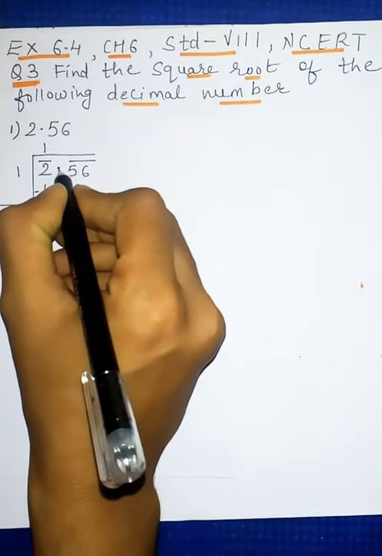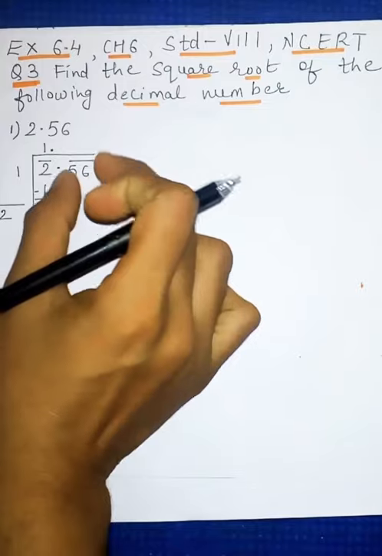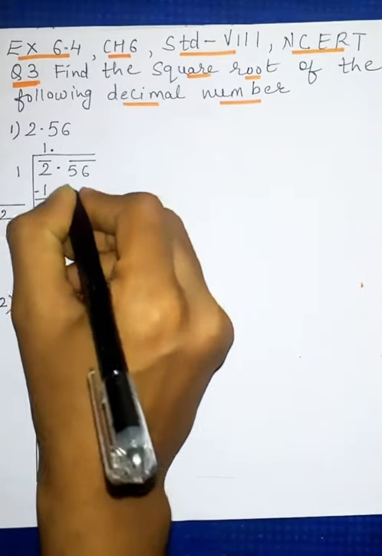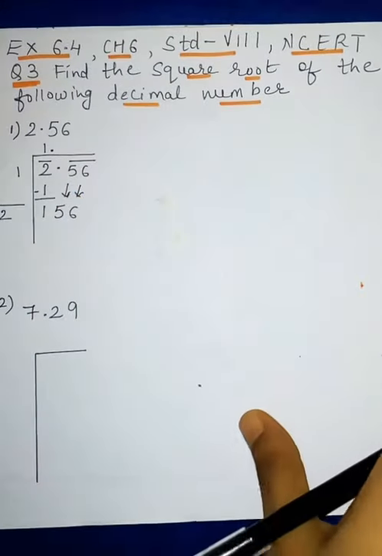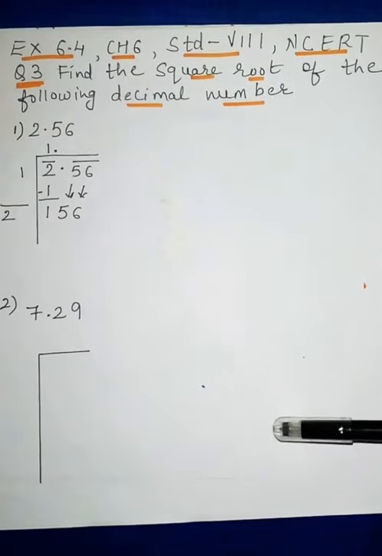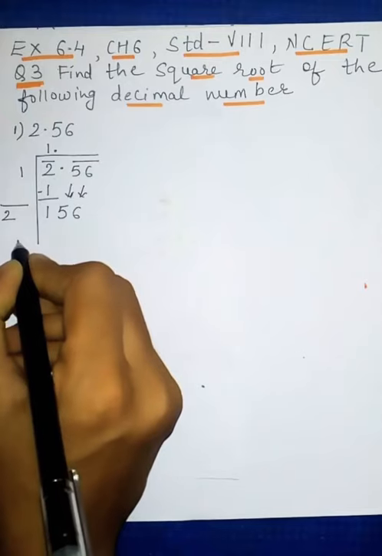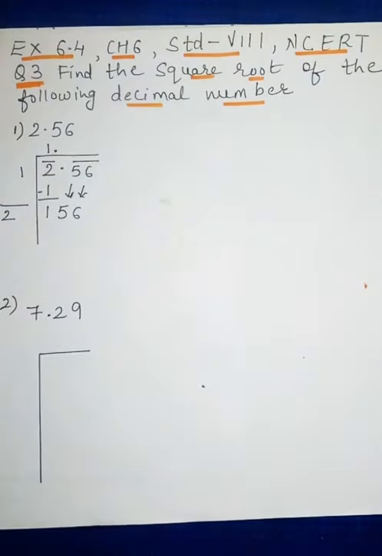Now point is there, so you will keep a point here. Now this is in pairing, so you bring down both digits, 56. Both together have to be brought down. So 56 will come down, and we write 156. Now whatever digit we keep here, that same digit we take down at ones place, and then we have to multiply.